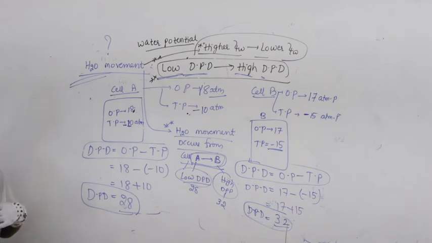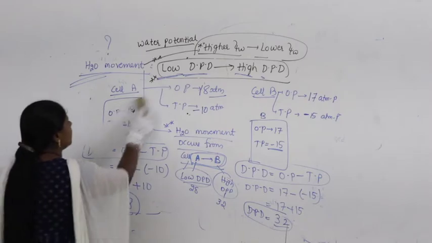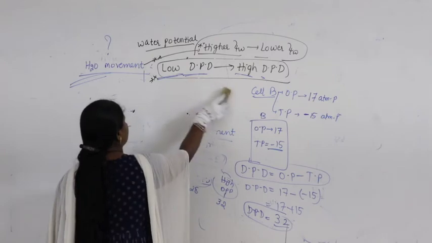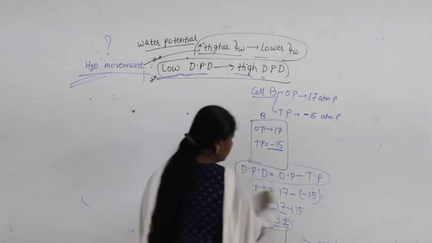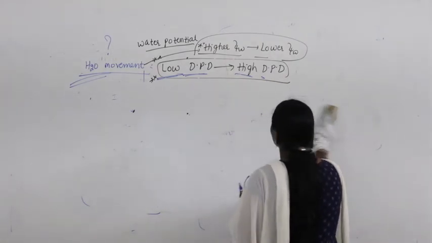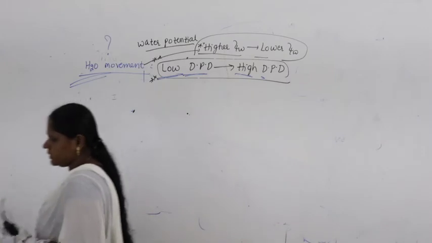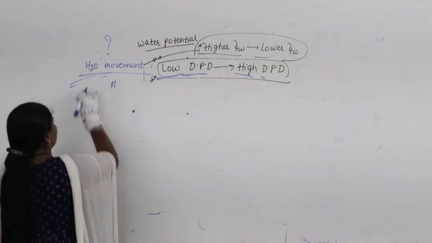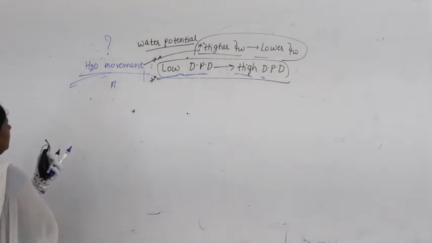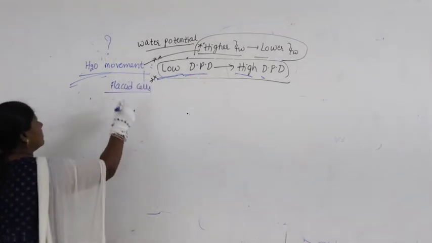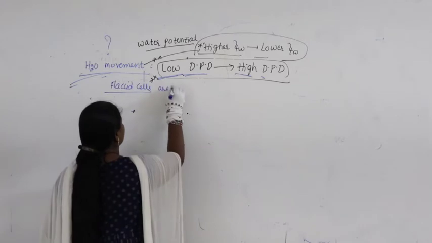Suppose if it is in the question, if they mention it as, suppose same thing I am just giving you for a placid cell. So for a placid cell, I am changing the question. In the question, if it is given that placid cells are placed in the system,